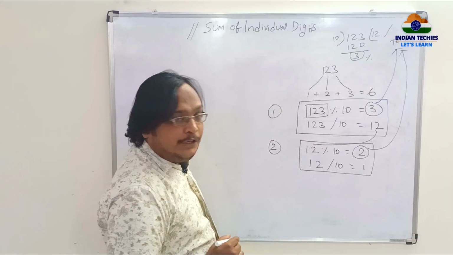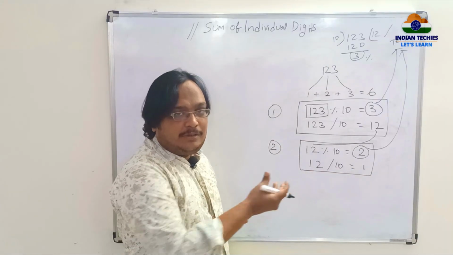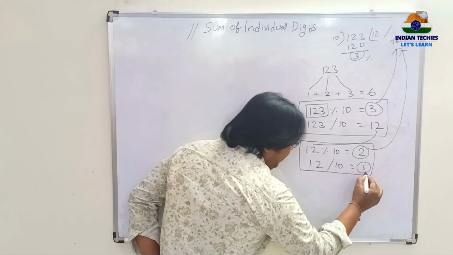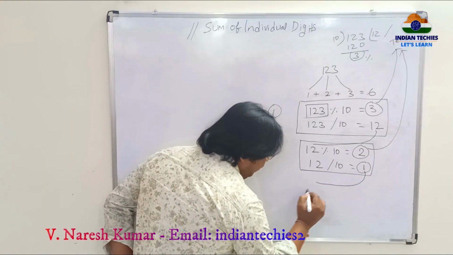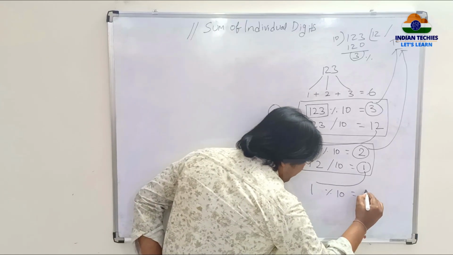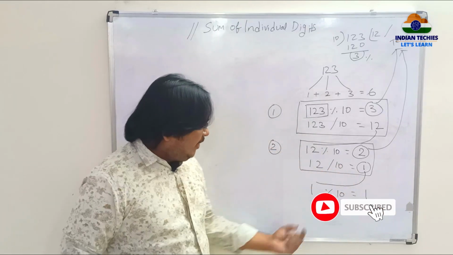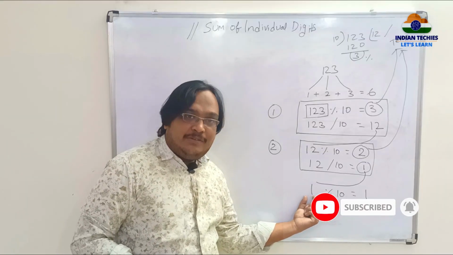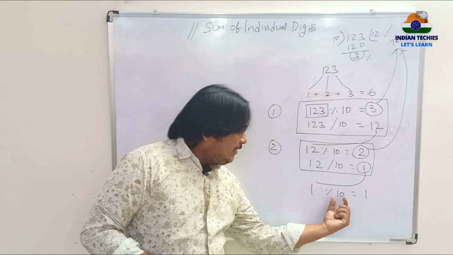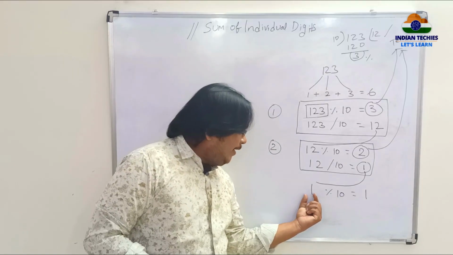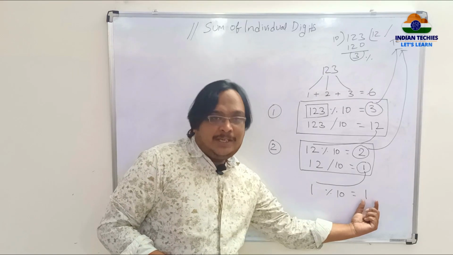Right? So you got this number, but you have not extracted 1. Now this is the updated value. Take this 1. Now 1 mod 10 is equal to 1 only, because whenever you are performing this mod operation, if the left side value is less than the right side value, you don't perform the remainder calculation. Directly you make the left side value the result.